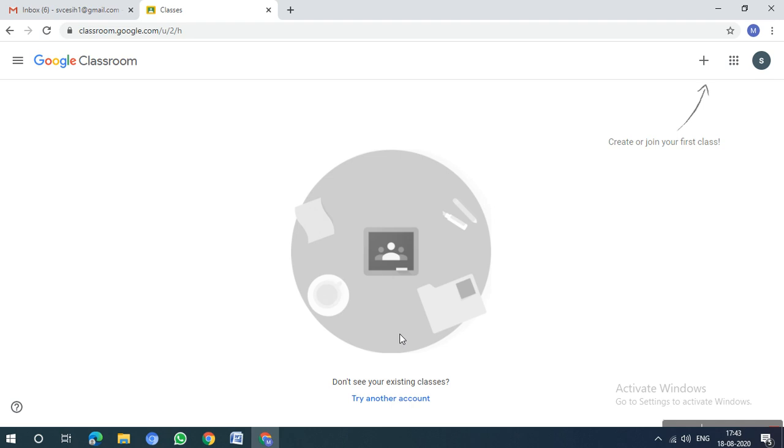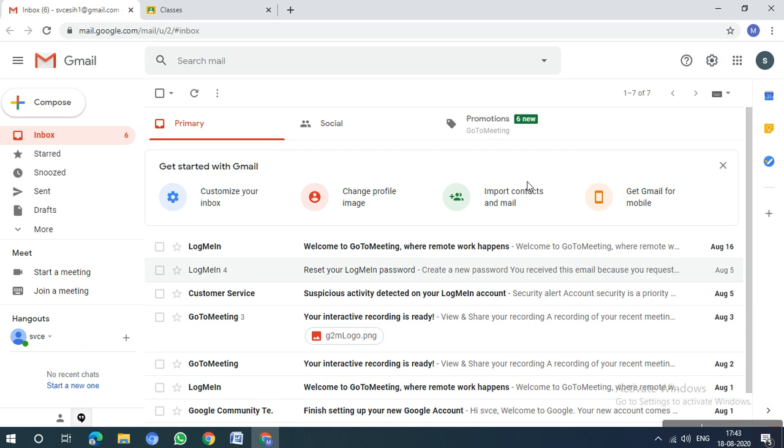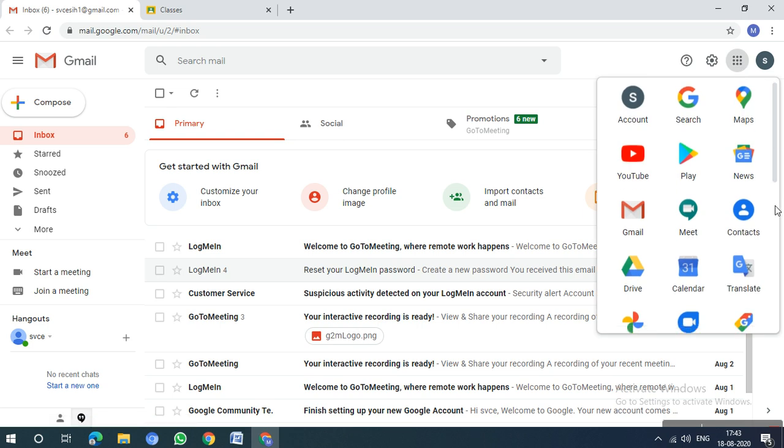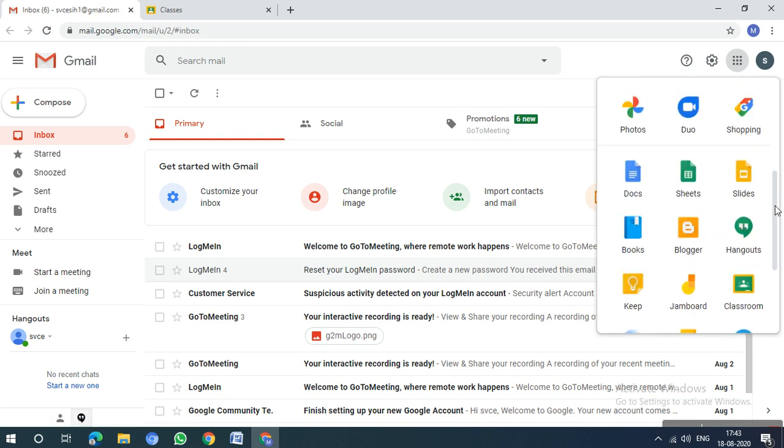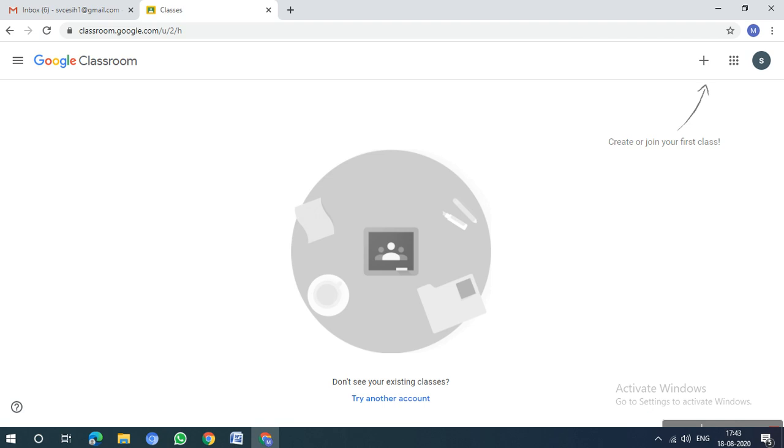This is going to be the Google Classroom home screen. Last time, so many teachers, including our college and school teachers, asked, "Sir, how to join Google Classroom? Whether we need to remember the website address?" No. Again, I'm just repeating. Just log in into Gmail. Go to the top right corner, Google Apps. Then go little down. There will be option called Classroom. If we click on this, it will come to Google Classroom.